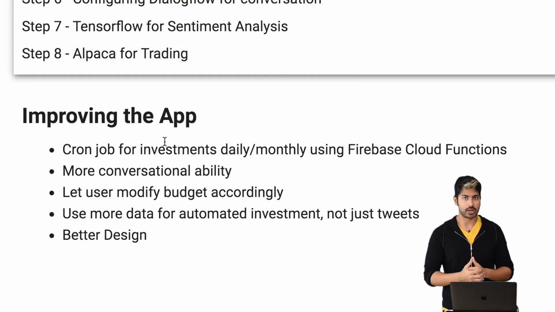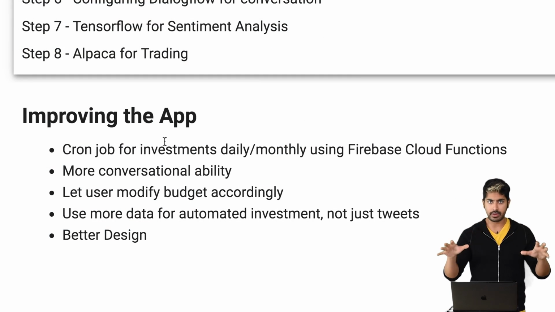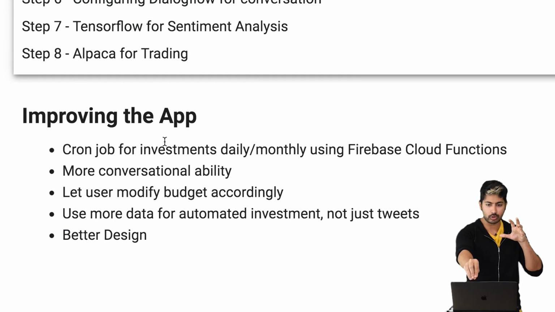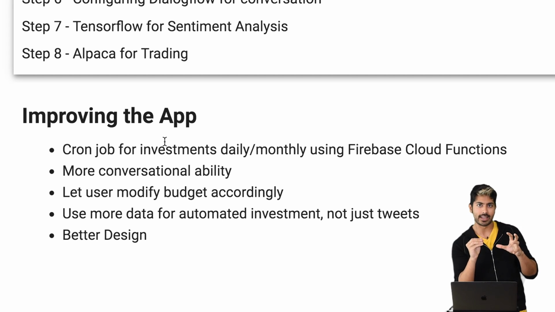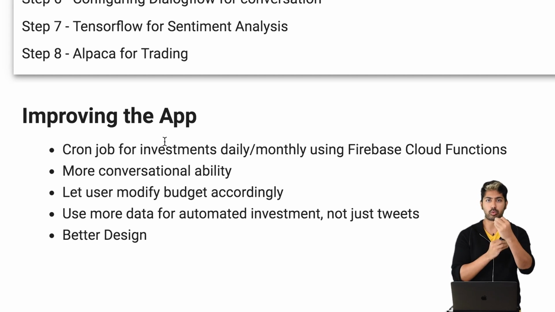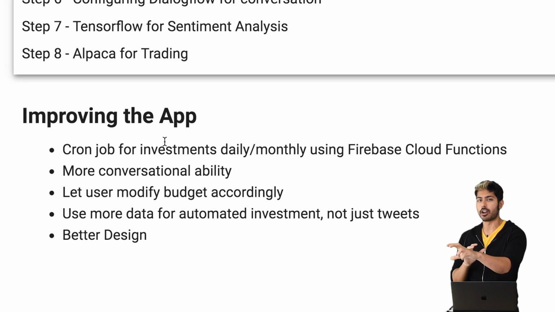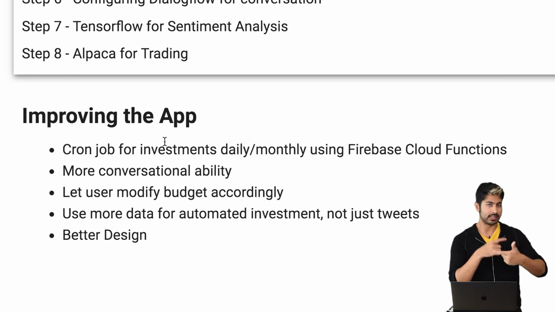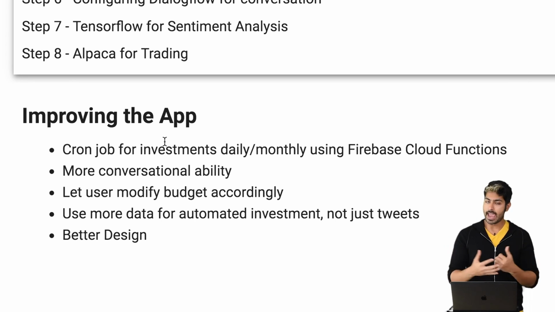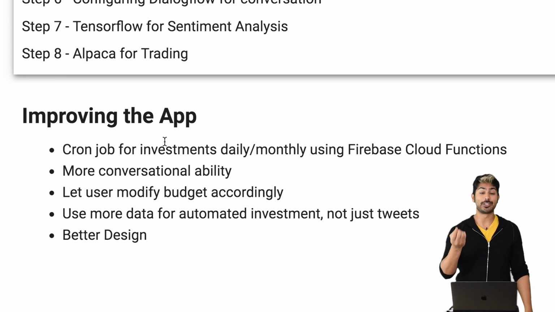That brings us to the last question. How do we improve this app? So in this video, what I did was I made the request directly from the Android client, but ideally this is happening as a cron job or a cloud function in Firebase at a repeated interval, say, every day or every month. I could give my agent more conversational ability, so not just being able to tell you